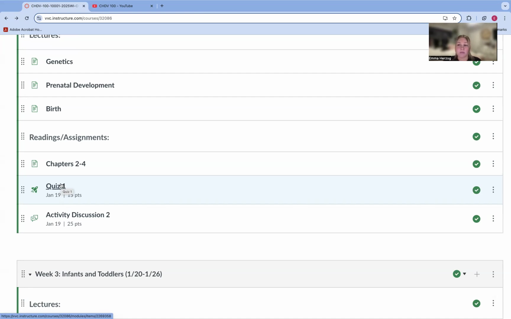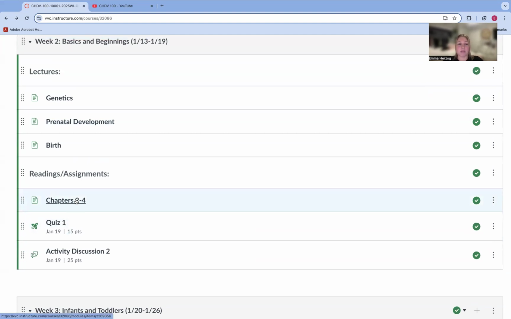And when I do ask you to reference the textbook, I need specific page numbers. So that helps me to know that you are utilizing the text. On the quizzes, I am not expecting you to have certain page numbers. You just need to know the material, and every quiz will follow along with each of the readings. So quiz 1 will follow along with chapters listed here. And so you will notice that each quiz will follow along with the expected chapters each week.